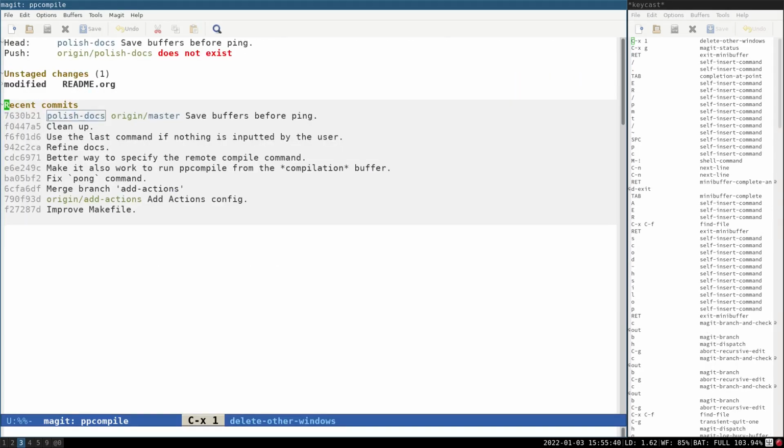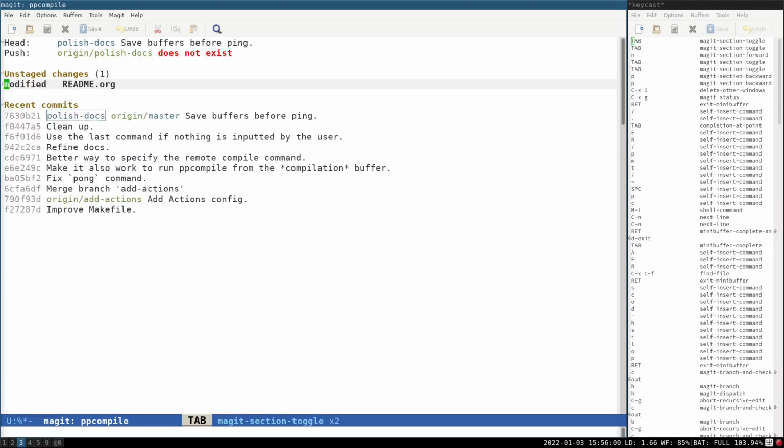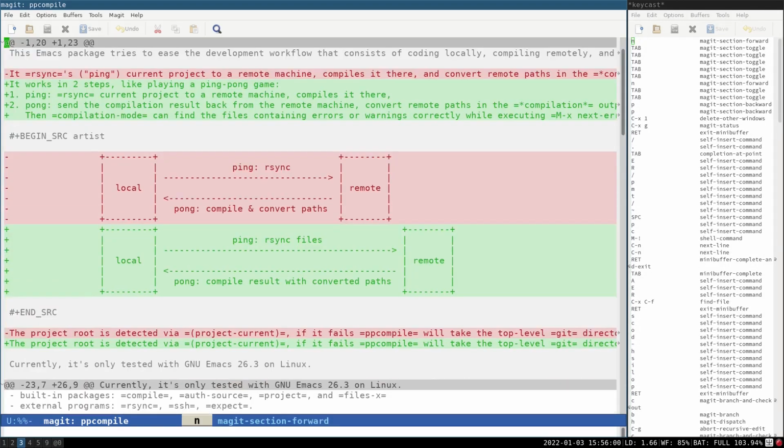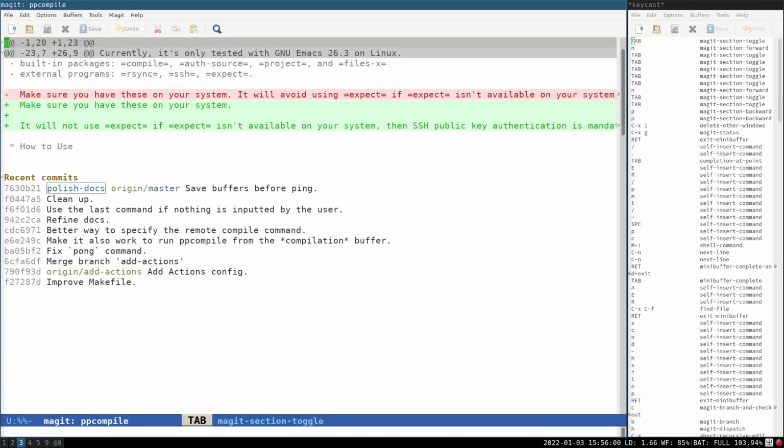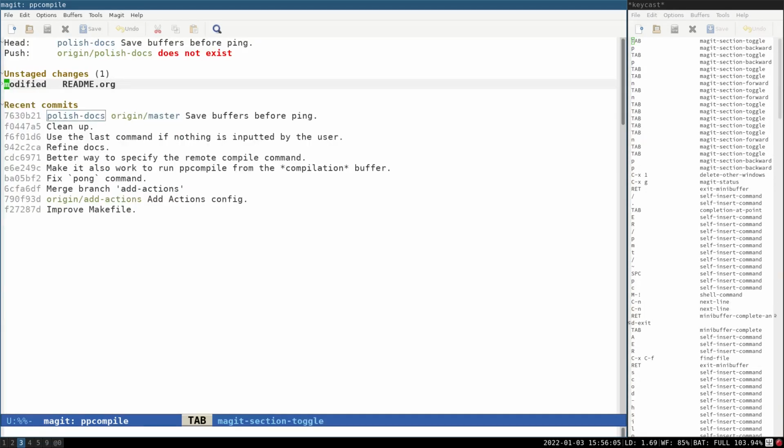As you can see, we have another section called Unstaged changes this time. It lists the files having unstaged changes. As mentioned before, we can press Tab to hide and show the diffs. Hide and show the hunks. A file may have more than one change area, called hunks in Git. Also, we can press Tab to toggle them.